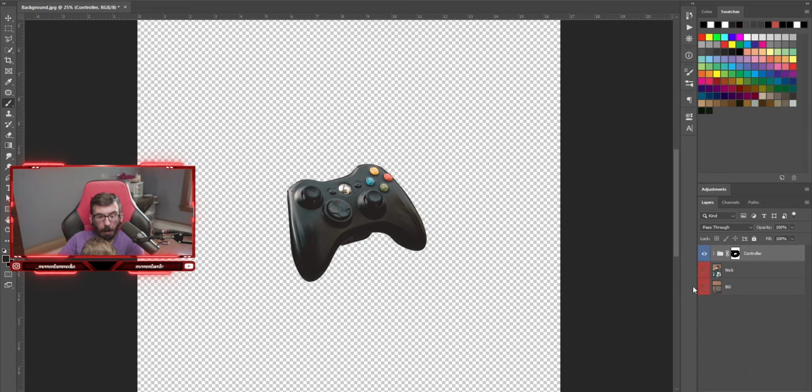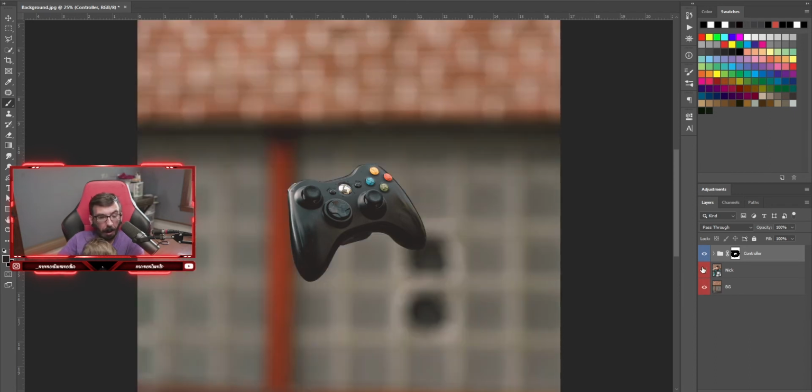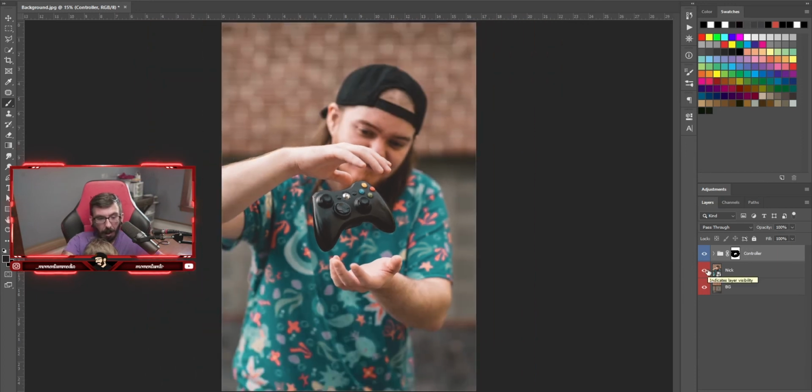But now that we have this secluded, I can add this background layer back in. I can now add Nick in. And now, as you see, we've got this really cool photo of him kind of doing some magic trick almost, holding the controller in midair, and that is the image. Now that we have this image of him showing off this controller in midair,